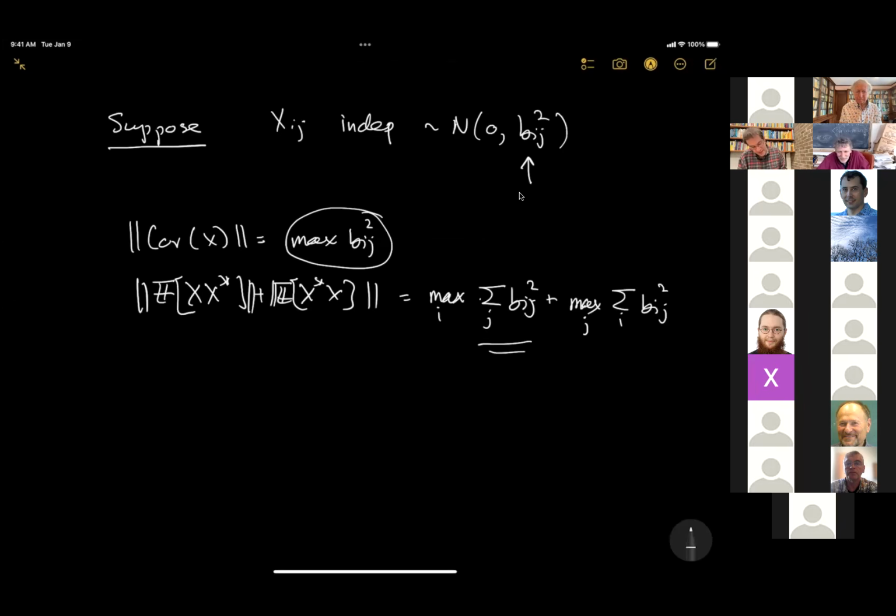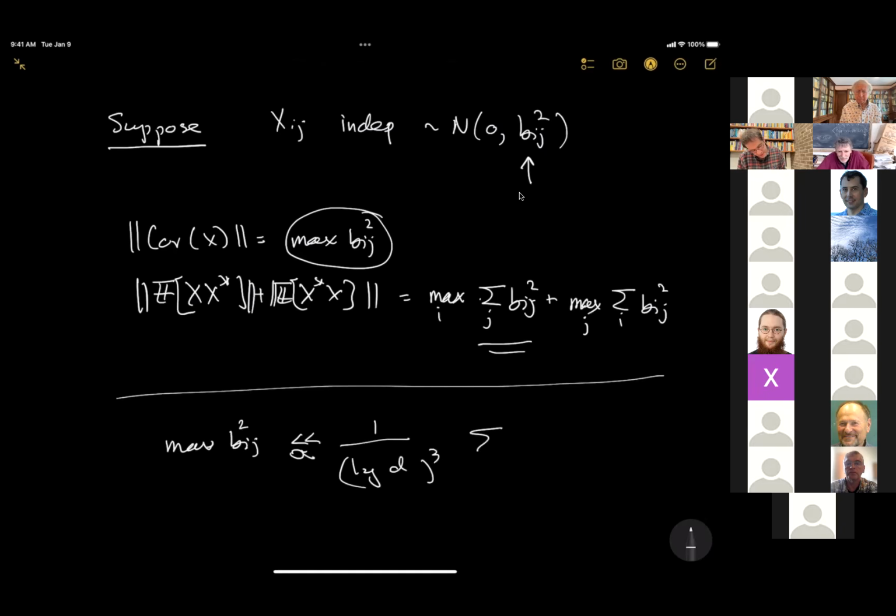But you see, basically, if for example, just for simplicity of notation, we assume that the matrix is symmetric, for the theory to kick in, you would need that the maximal variance is smaller than, let's say, 1 over log d cubed times the maximum sum of the variances. So in order for this not to be true, every row would just have to have one very large entry, and the remaining entries would have to be very small. Or just a very small number of large entries, and the remaining entries would have to be very small. That doesn't seem likely for a Van Gogh painting.